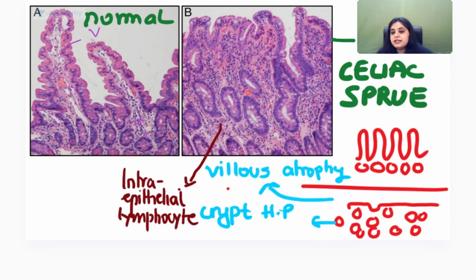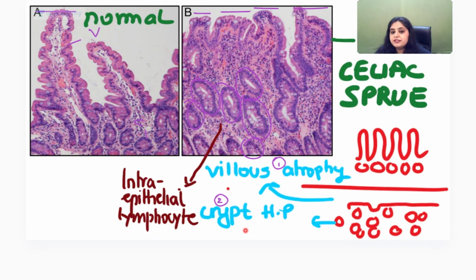But what do you see in celiac disease? Do you see that those finger-like projections are gone? It's flattened. Number one, do you agree, villus atrophy? Villi are seen in the mucosa, obviously, not the submucosa. So the villi are totally flattened. If the villi are totally flattened, something will try to compensate for that, so the crypts form below. Can you see the number of crypts has increased? So can I say there is going to be crypt hyperplasia?